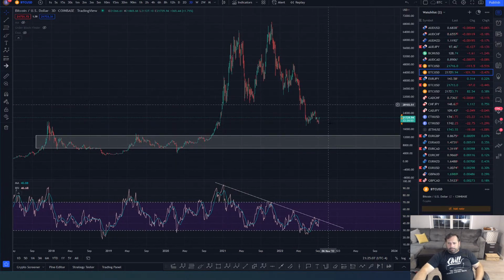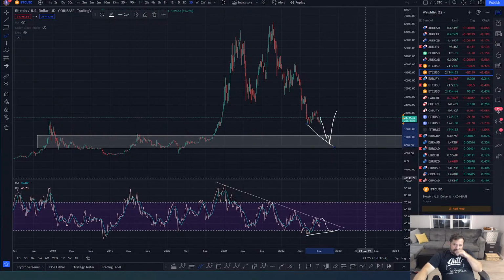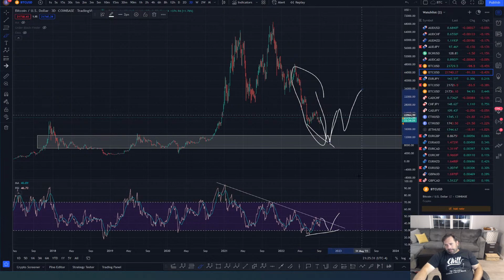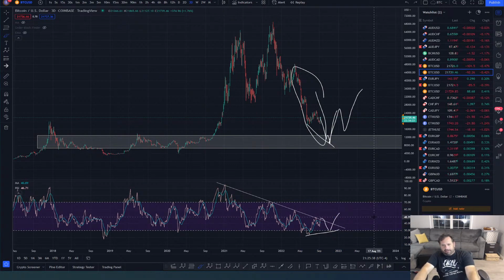So what I'm expecting more than likely is one of two scenarios. Either we get a dump down to here quick and powerful, and then we get a rebound where this RSI dumps down to there, I should say, but makes a higher low, while price makes a lower low, and that way we get our divergence on this wave that I'm expecting to see, and then we go and break that trend. We break and pull back and continue on. So I will be really bullish when I see that. But right now I don't see that.